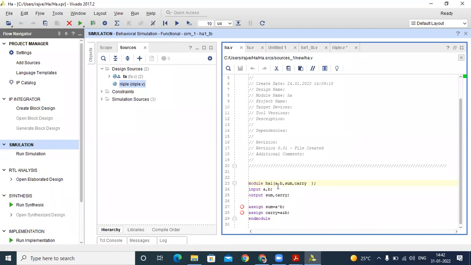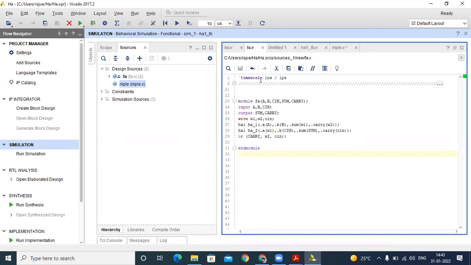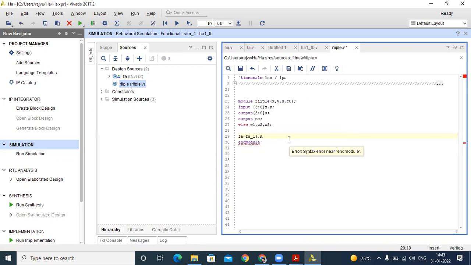Similarly, those inputs we apply in our full adder: A, B, Cin, sum and carry. The similar inputs we apply in our ripple carry adder. That's why we put capital A here, and capital A is connected to our ripple carry input.